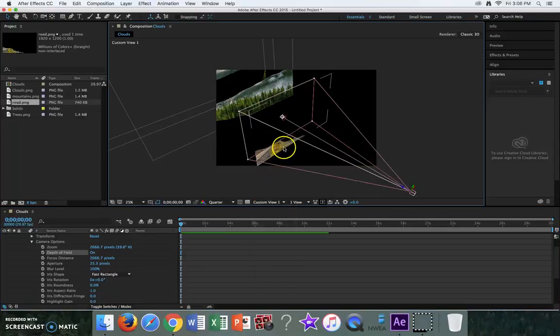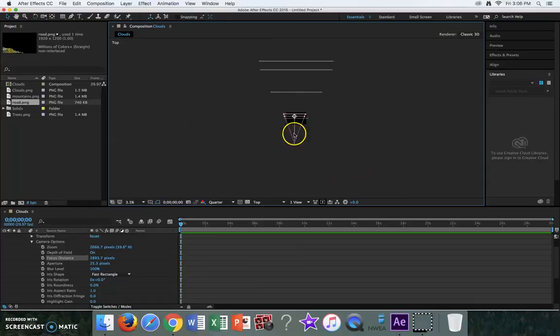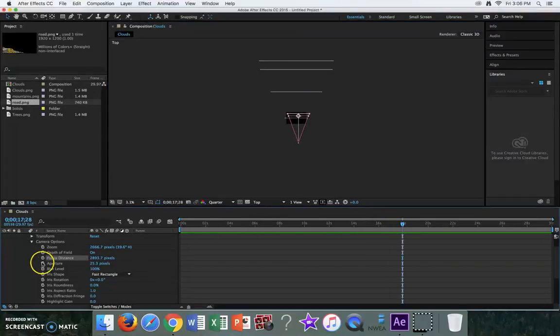The way depth of field works is when you turn it on, you have to set the focus distance, and it's best if you go into top view, zoom out so you can see our road layer, our trees, mountains, clouds, and at the end we want to be focused on the clouds or on the mountains, so we'll set it there and set a keyframe, and maybe in the beginning we'll want to be focused on the road, so we'll drag it back to where the road is,